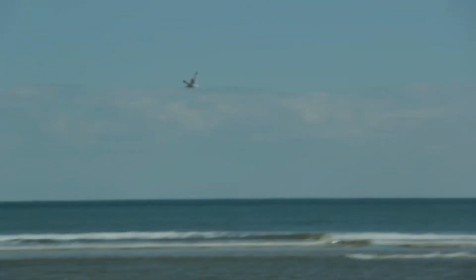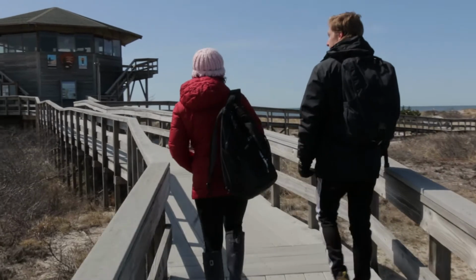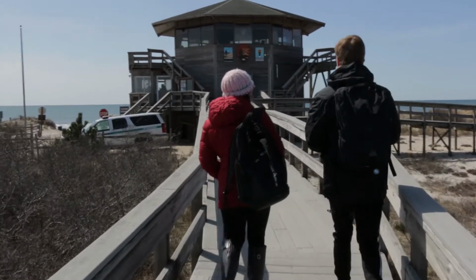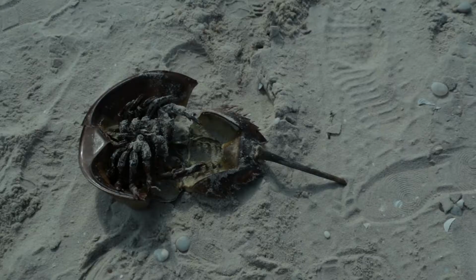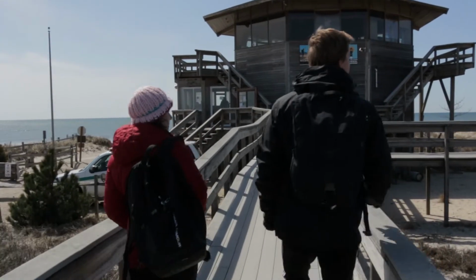Like many barrier islands, Fire Island protects coastal communities by acting as a buffer against storms. However, this island ecosystem is as vulnerable as it is beneficial. Overwash, erosion, and the threat of global warming are all factors that will determine the future of this important and